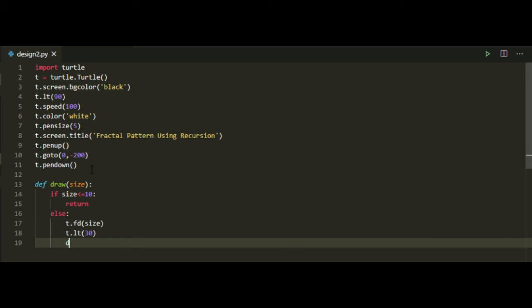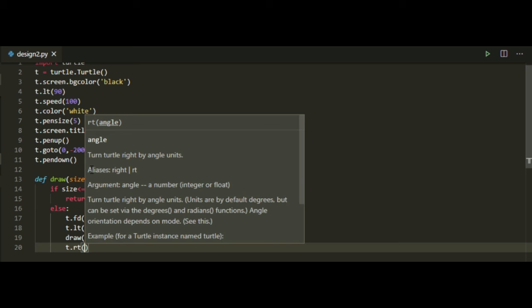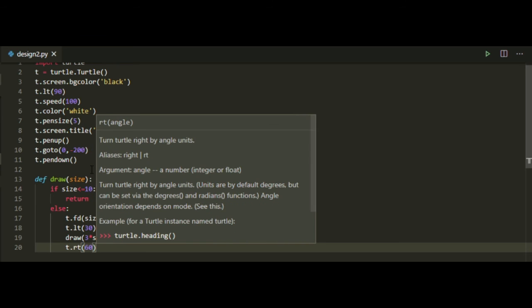And then now here we are asking it to recur again. Now we'll reduce the size by 3/4. So we'll say 3 into size divided by 4. This reduces the size to the 3/4 of original. Then we'll write t dot rt to make it move 60 degrees towards the right.